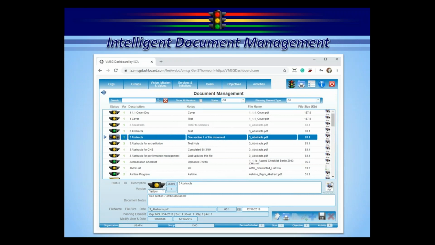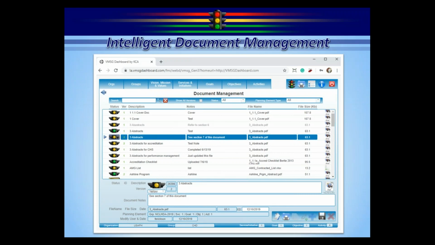About a month ago, a health department in Michigan came to us and said, we have a problem. And that is we have bunches and bunches of policies. We have standard operating procedures. We have MOUs. And we have to track all of these. We have to know where they are. And we have to be able to update them on a regular basis. And we have to be able to assign them to a person to do the update.